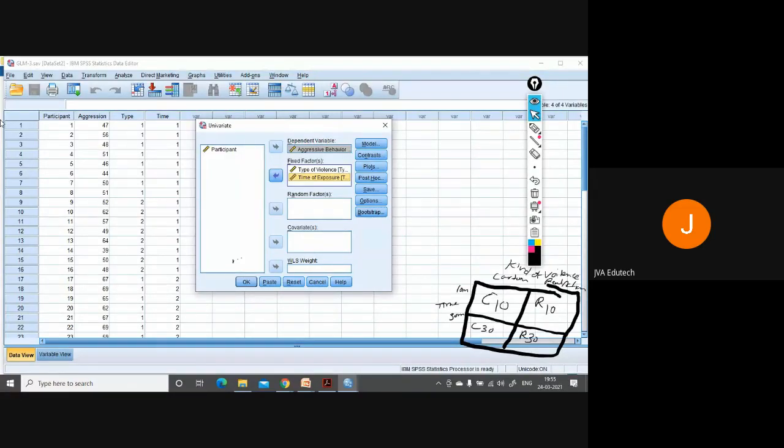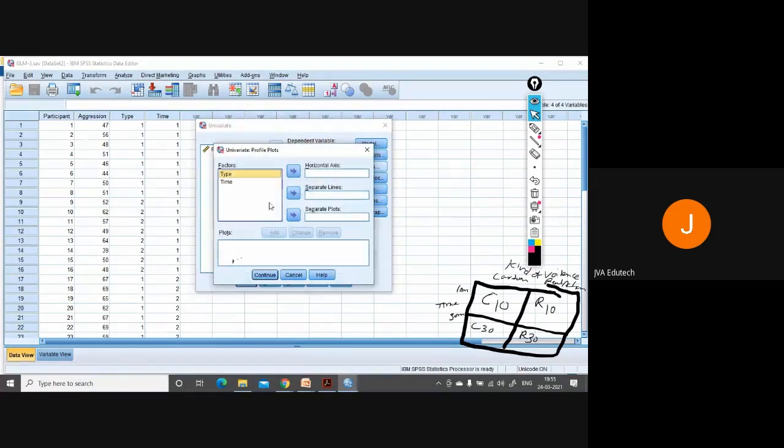So we will specify a profile plot also. We will go to Plots and take this into horizontal axis, this into separate lines, and add. It will give you an interaction term, type into time. Because we also need to know what the effect will be of this interaction variable.